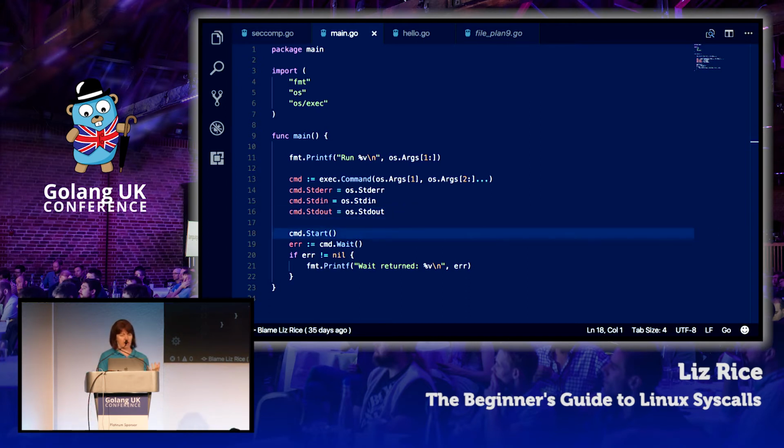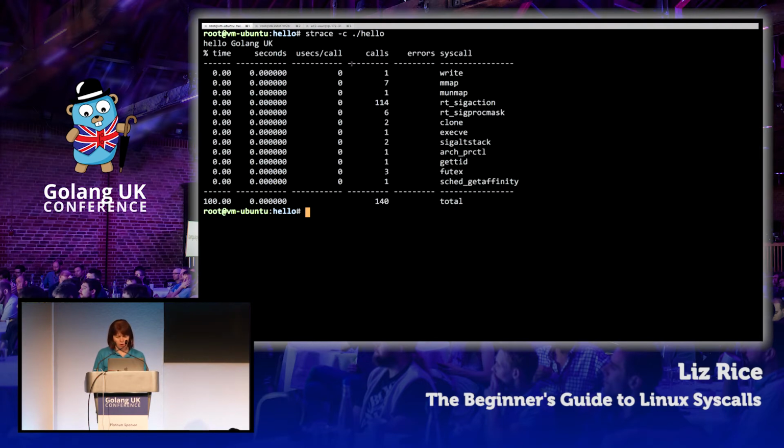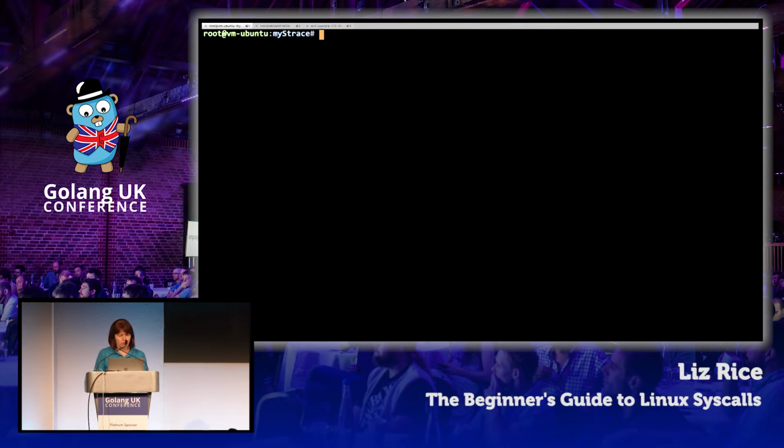And then we start that command, which is basically start a new process, run this program, whatever it is. And we're going to wait for that to return so we can see whether anything strange goes on. At the moment, we're not doing anything terribly exciting, but just to kind of prove what we're doing,